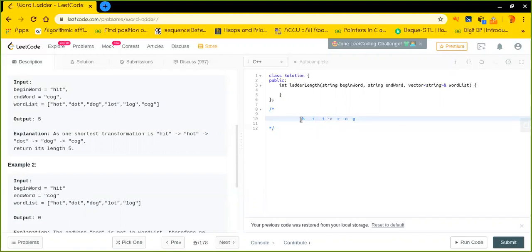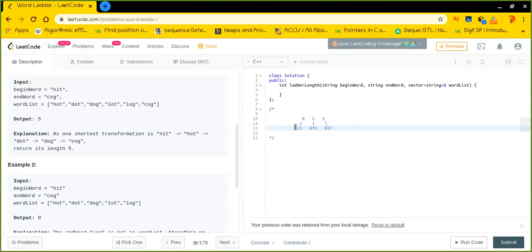So, for example, I am about to find the possible strings which differ by only one character. What could those strings be? There are three possibilities for it. Let me write down the possibilities in front of you so that it is very easy to understand. I will tell you what I'm doing. So yeah, these are the possibilities.